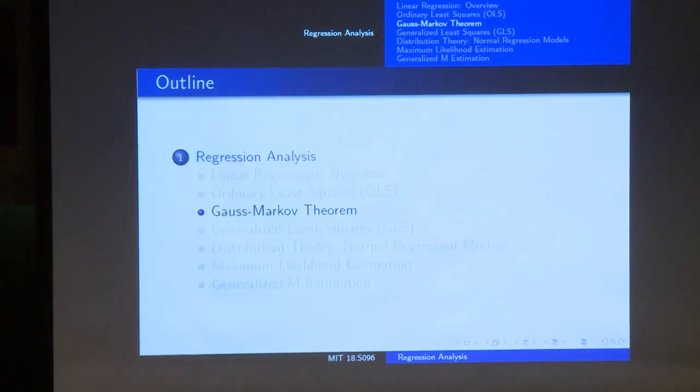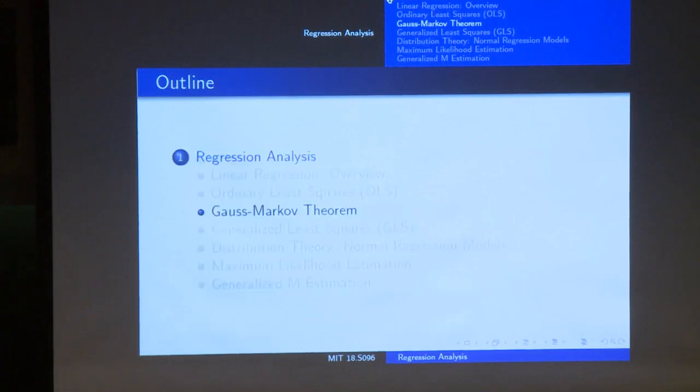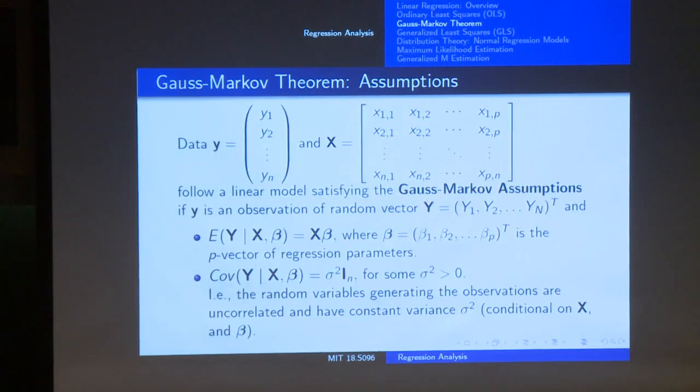So at this point, we've gone through really not talking about any statistical properties to specify the betas. All we've done is introduce the least squares criterion and said what value of the beta vector minimizes that least squares criterion. Let's turn to the Gauss-Markov theorem and start introducing some statistical properties, probability properties. So with our data y and x,